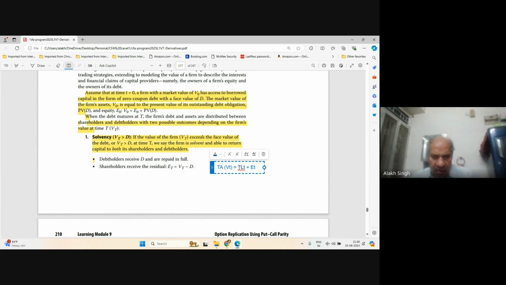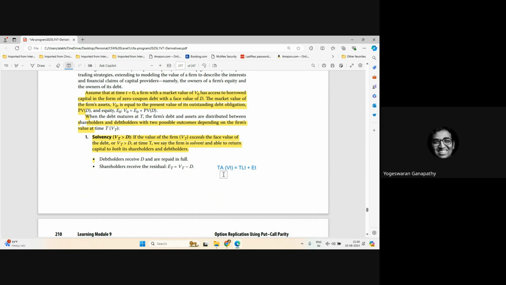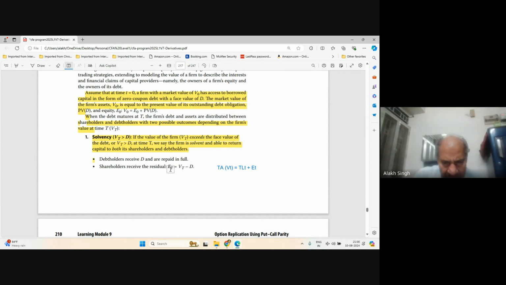So at one time, this identity must prevail. So that way, ET is equal to VT minus D. VT minus, and this one is what? This one is D. So V I already wrote, and this one is D, and ET is E, so D plus